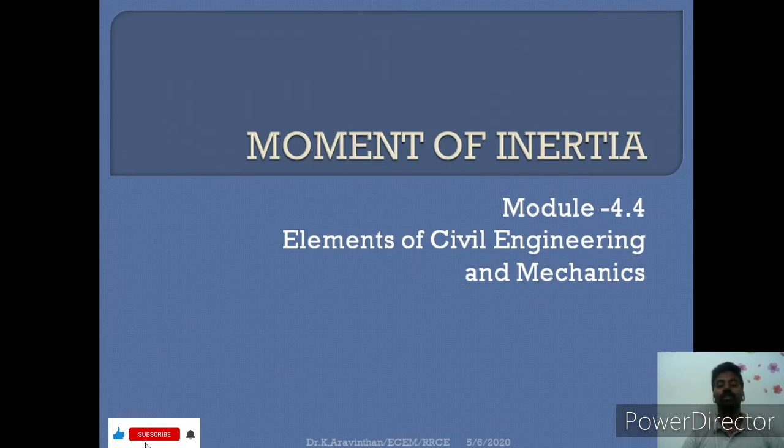Generally only the component's section is considered, that is the shape of the component. The component may be a beam or mechanical parts, all types of mechanical and metal parts. So you can identify the moment of inertia for all the objects.